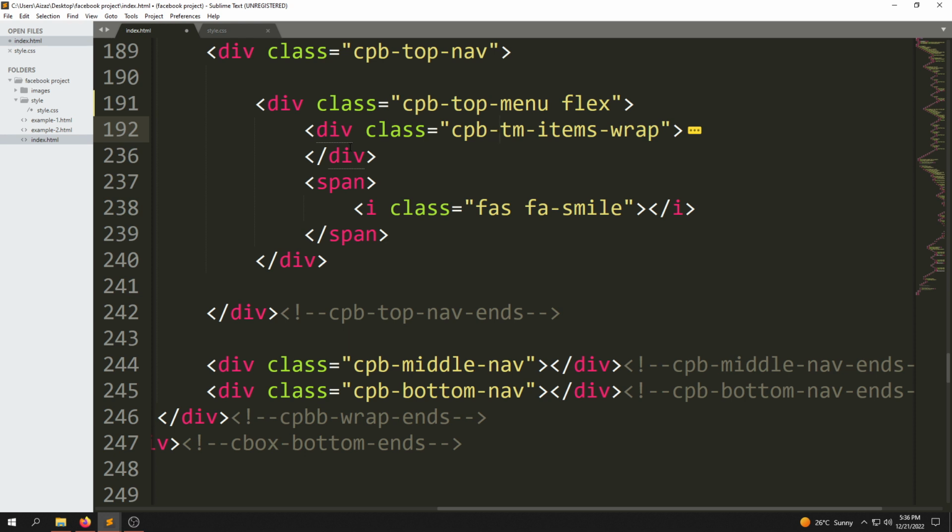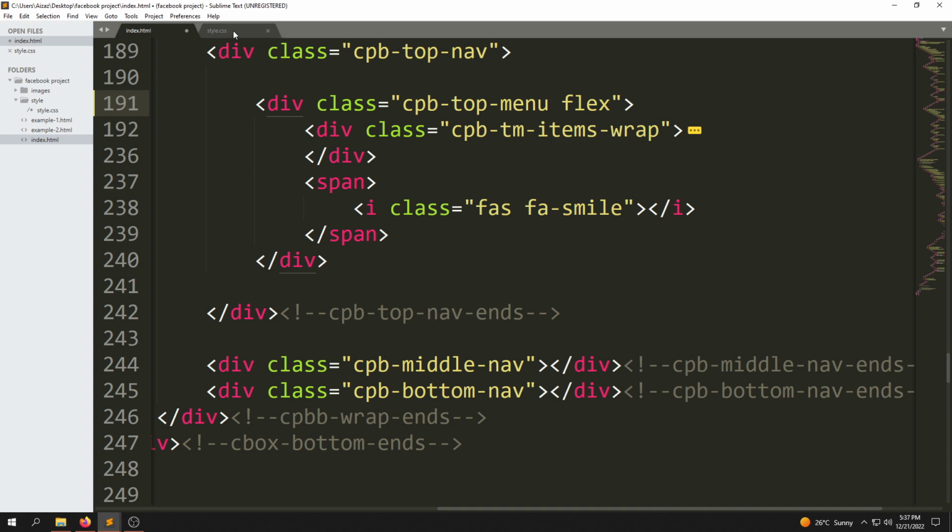Once we have added the flex class, it will automatically align its items in a flex direction row property. By default, it will align items in a flex direction row position. As we know, once we have made our parent element a flex container, these child elements automatically become flex items and will align in a flex direction row position. So by default it will align as flex direction row, so we don't need to use a flex direction property here. We are going to use a property called justify content space between, which we haven't created and